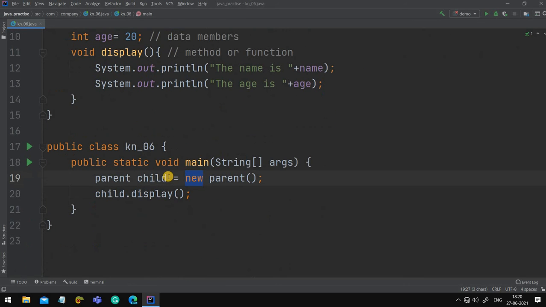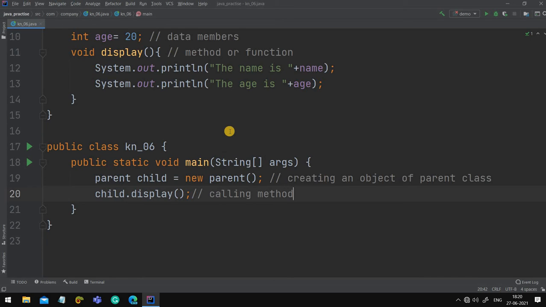Okay, now see what I have done here. Here I have created an object, creating an object of the parent class. And here, I am calling the method of that particular object.